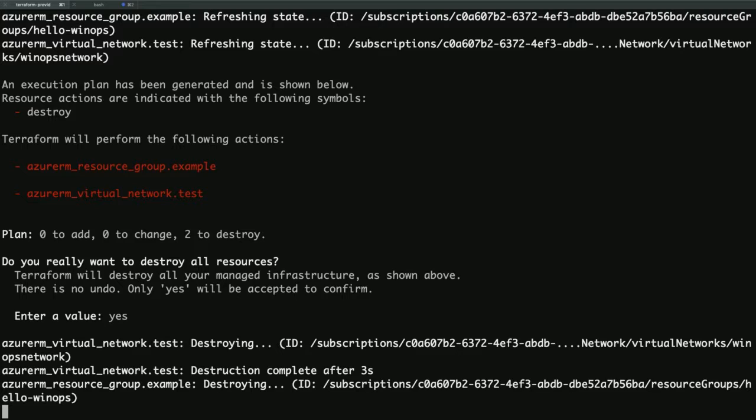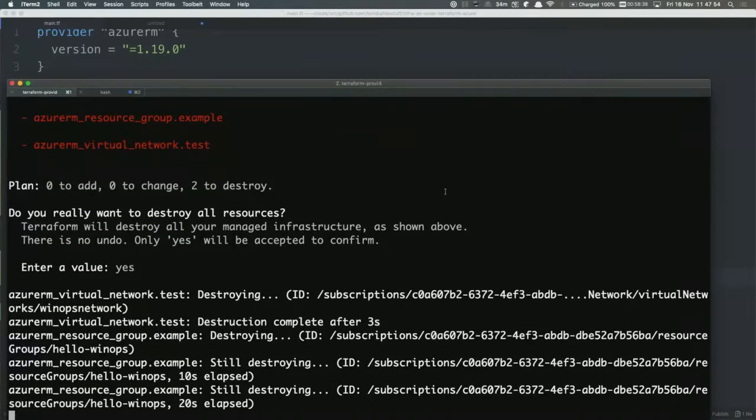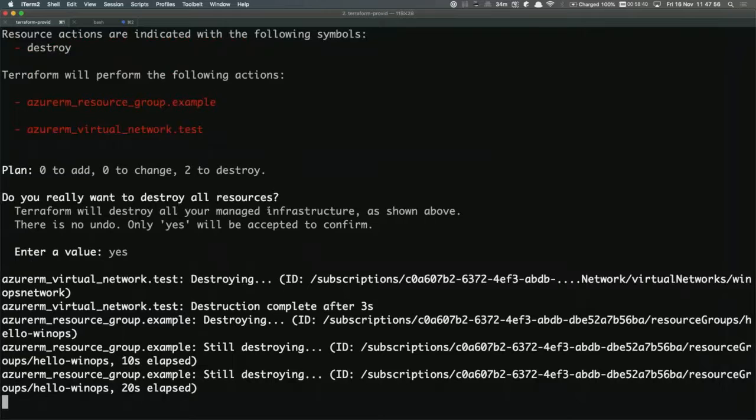And what's nice about Terraform is it'll keep polling and telling you exactly what it's doing. So in this case, destroying the virtual network takes 3 seconds, and then destroying a resource group takes a bit for some reason. Yeah, cool. So all that to say,